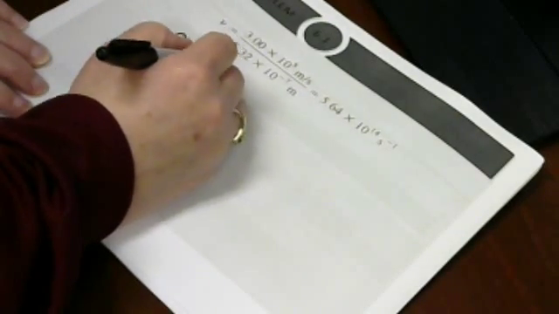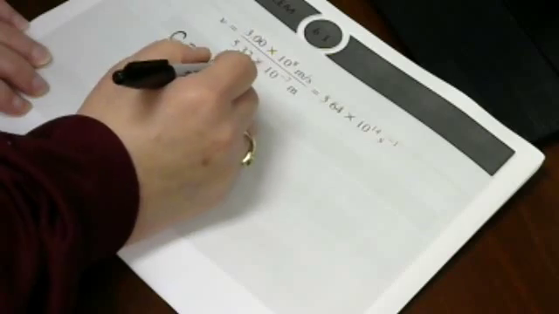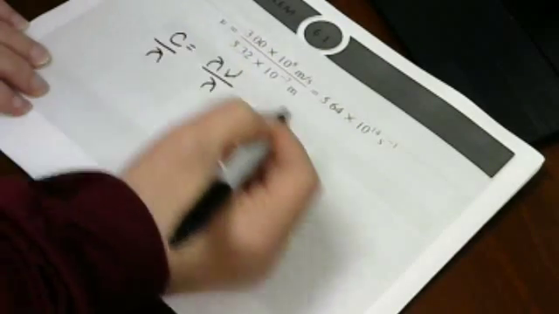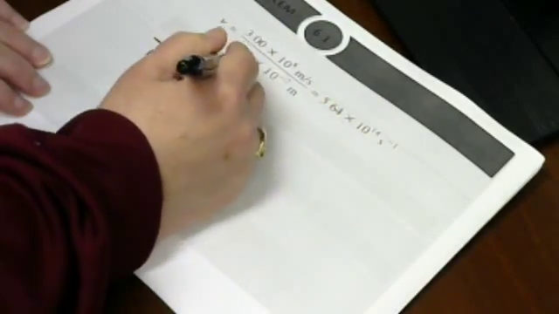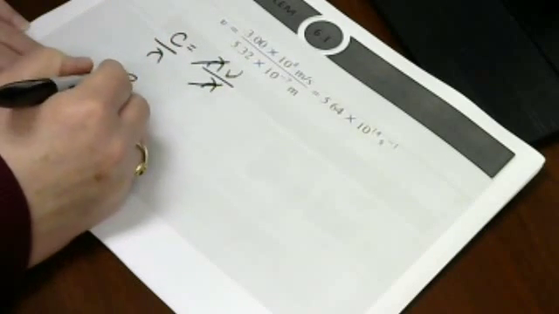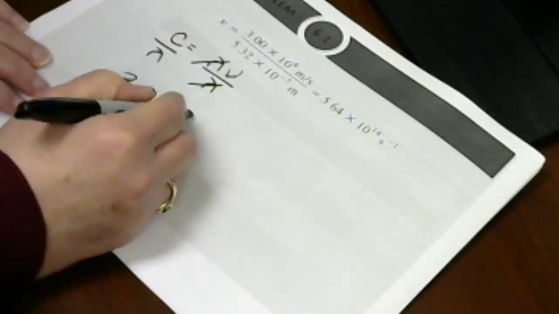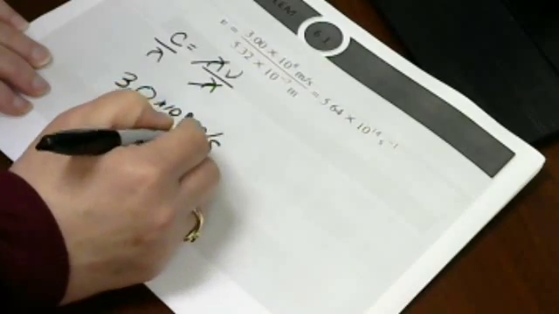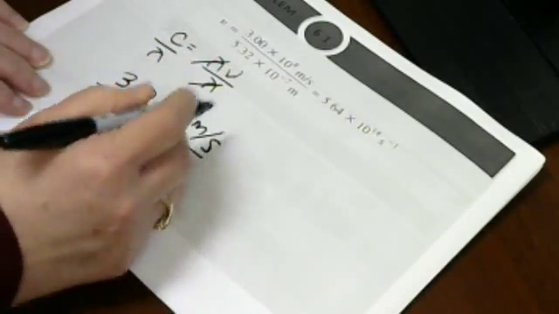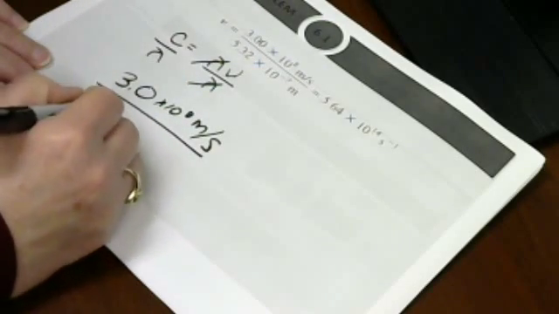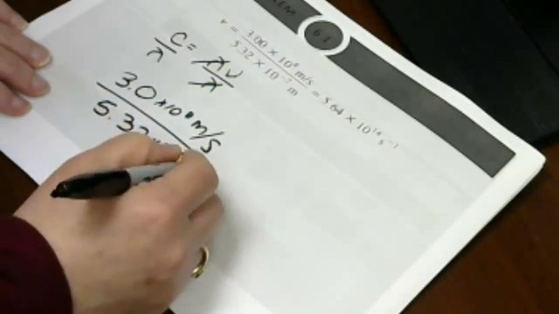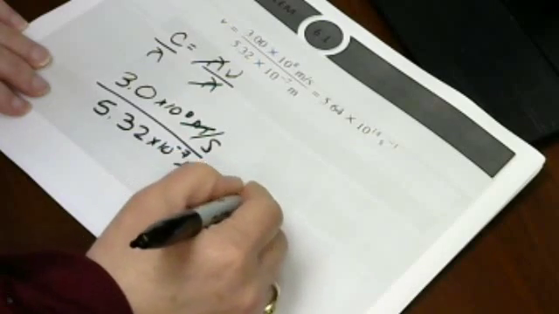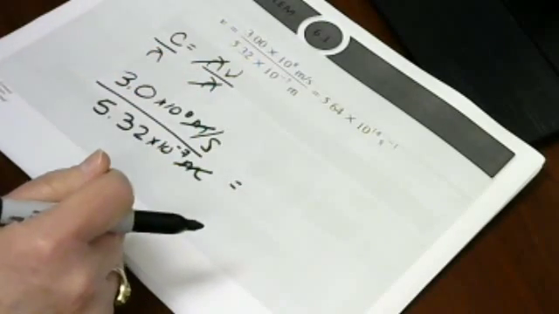Okay, and so then to find, since c is equal to lambda times nu, if we want nu by itself, you have to divide by lambda. So then you have, she rounded it now to 3.0 times 10 to the 8th, speed of light. c is the speed of light, so that's 3.0 times 10 to the 8th meters per second, divided by your wavelength changed into meters, and that meter takes out that meter, and that leaves you